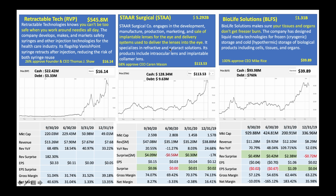It's about the eye and the vision, and these guys have got a really solid use case here around implantable lenses. With that, it's about a $5.29 billion company, not huge. They got a lot of room to grow, and 68% approve the CEO here, Karen Mason, and the stock price is around